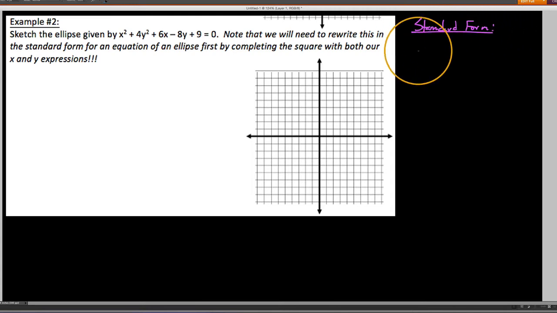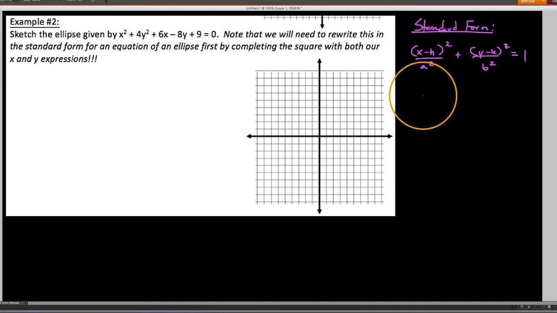So what we're going to want to do is rewrite this into the standard form of the equation for an ellipse. Recall that the equation of an ellipse is like an altered equation for a circle, where we have an x squared term and a y squared term being added together, and this all equals 1, but they're being divided by two different quantities, and that's what causes it to be non-circular. This is our standard form, where the center is always given at h and k, and a is our